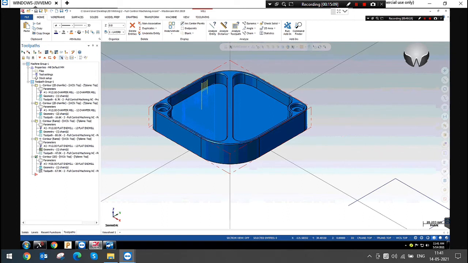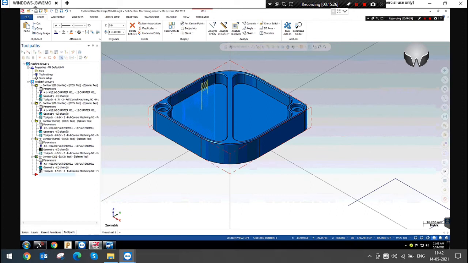Here I have given the 30 mm flat end mill, and my corner radius is 10 mm. So the maximum tool I have to give is 20 mm diameter.